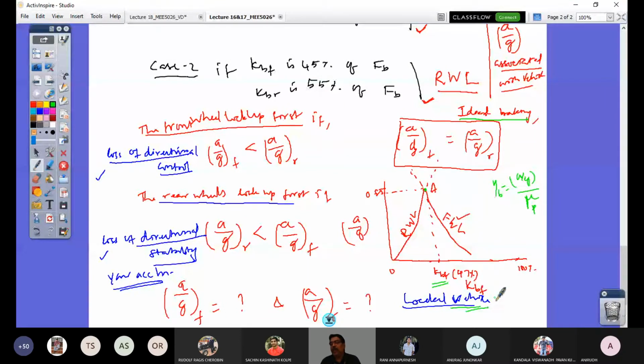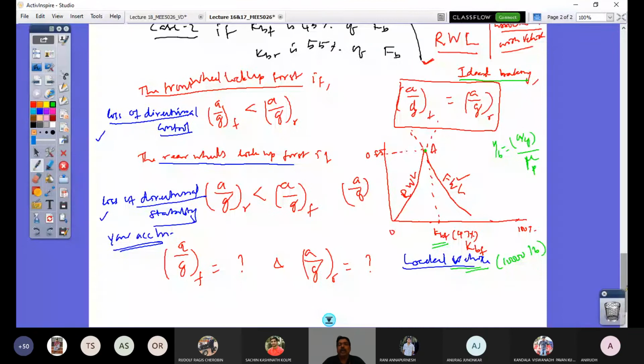So this is what we were doing in the last class and we stopped, and today we will continue with that. I have posed a question last class. How would you quantitatively say that the wheels are not locked? Or you would say that the front wheel locks before the rear wheel lock, or rear wheel lock before the front wheel lock in case locking cannot be prevented in your vehicle because of the distribution of braking torque in the front and rear axle.